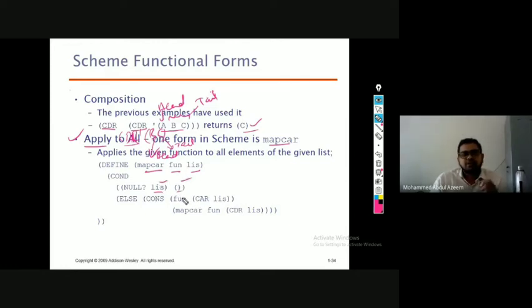So you apply the operation on the head of the list. The function could be some mathematical symbol also: plus, minus, multiply, divide. You may want to apply plus on the elements of a list, or perform the product of all. That could be the function here, a mathematical function also. And then you apply the function, and further you do the same. You apply car on the subsequent or remainder part.